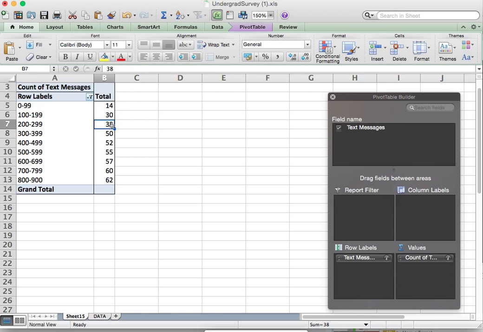This tells me that 38 students send up to 299 messages a month, which includes this row and this row. Or 55, let's say 55 students send up to 599 messages a month, which includes all these